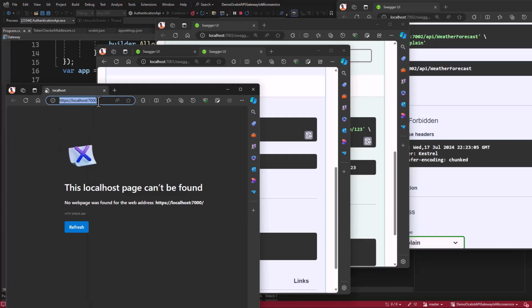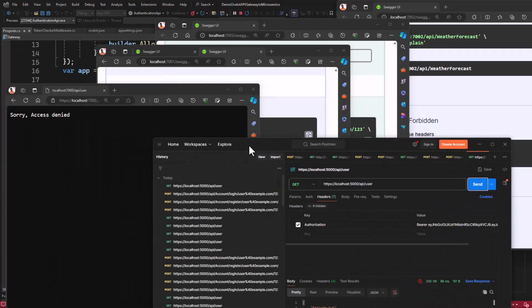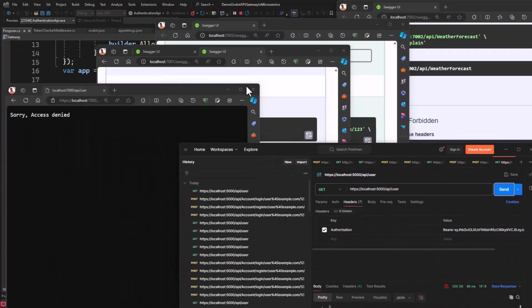So first of all, we're going to call our API/user, and we must have the user data. This is also access denied, because here we are not authorized, right? So how do you authorize? I have Postman in here, and that's what we're going to use. Before that, we need to create an account first. So how do you create an account?